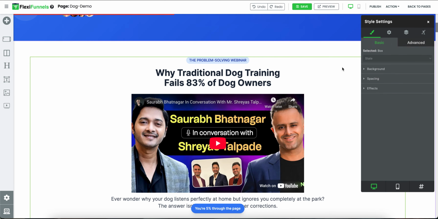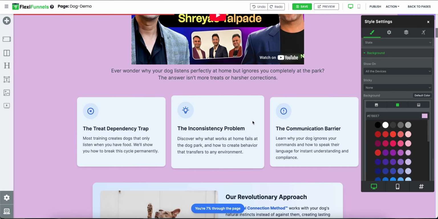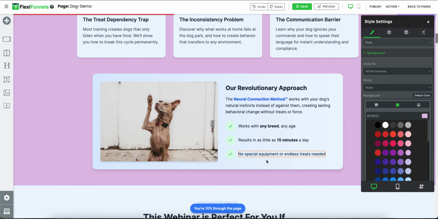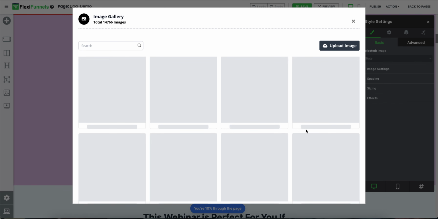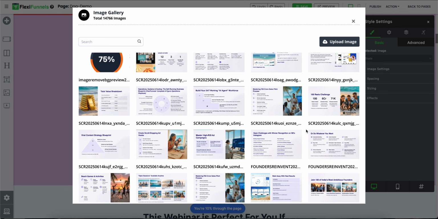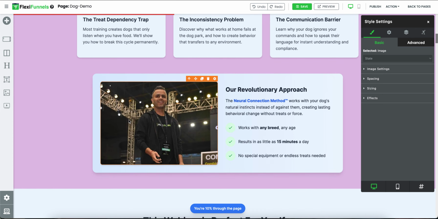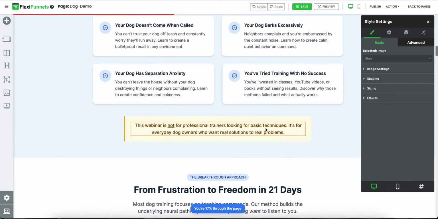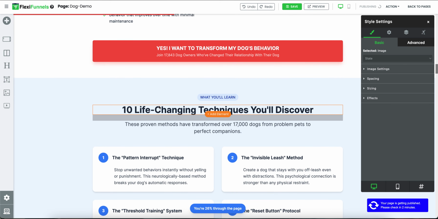And just like the drag and drop editor has always been, you can do any kind of editing, right? So let's suppose you want to go and tweak the background of this, whatever kind of editing you want to do. You want to play around with this, you want to change the image, right? So you can do simple drag and drop editing. You can even add sections. There is one more thing which is very important. Okay, let me put this image first. And yeah, all the drag and drop editing that you have always been able to do, and once you are happy and satisfied, you just click on publish.